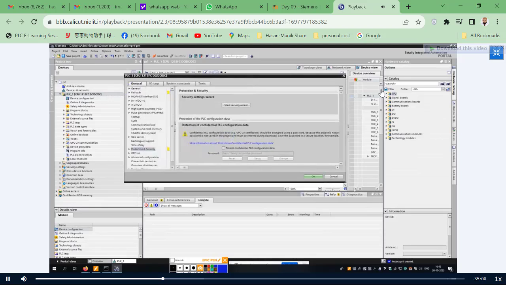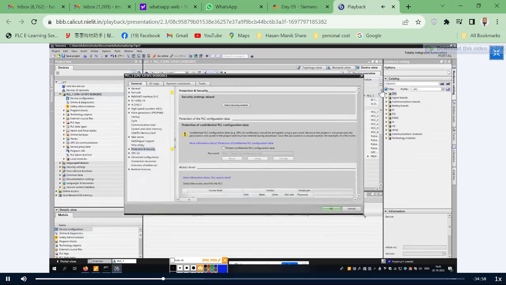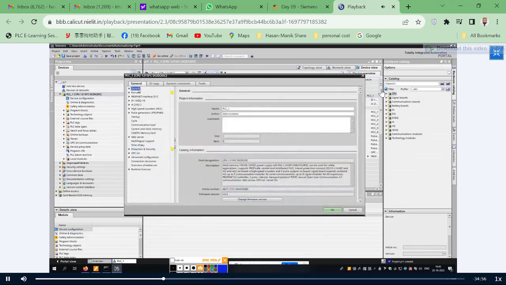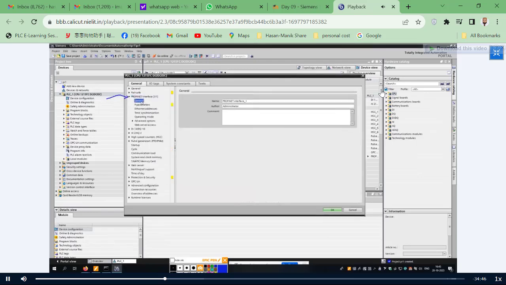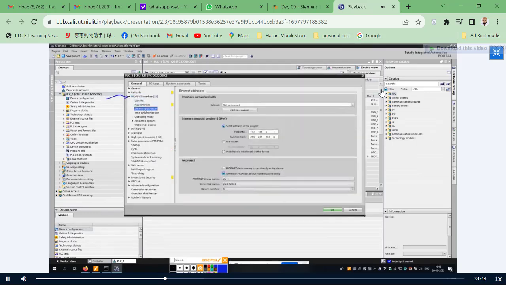Select here general information about this CPU, all information. Now you go to Profinet. Already I told you this is the Ethernet based Profinet. Then expand. Here you see general information and Ethernet address. Be very careful, you see Ethernet address. Now the default Ethernet address is